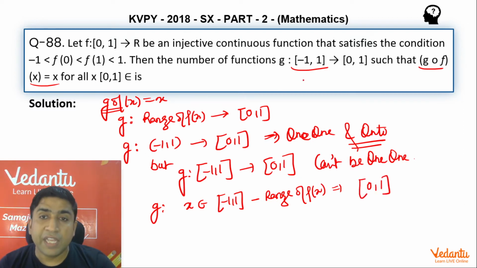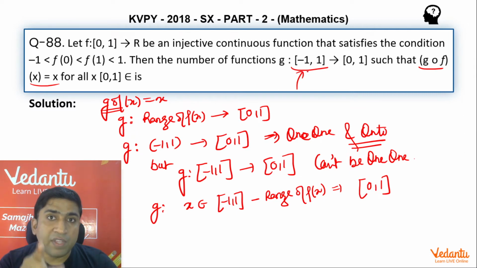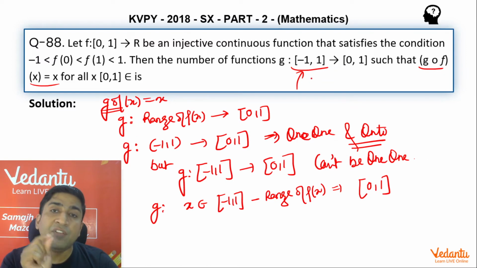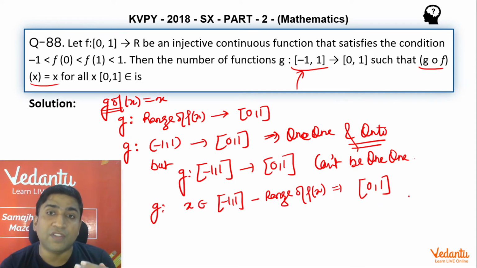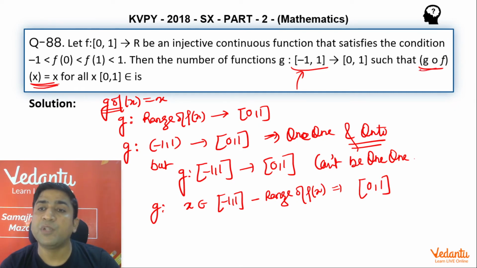What I'm trying to say is, whatever inputs are left over in this interval apart from the range of f(x), g still has infinitely many possibilities to map to the codomain. Such choices in [0, 1] are not going to affect the condition g(f(x)) = x. Still this condition is going to be true.